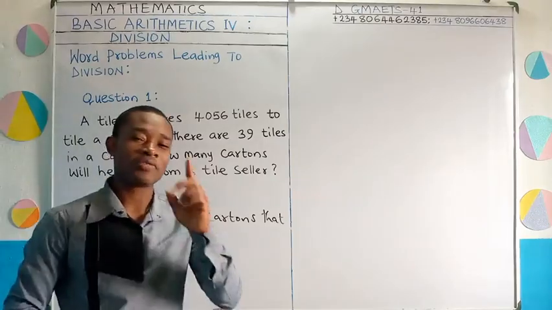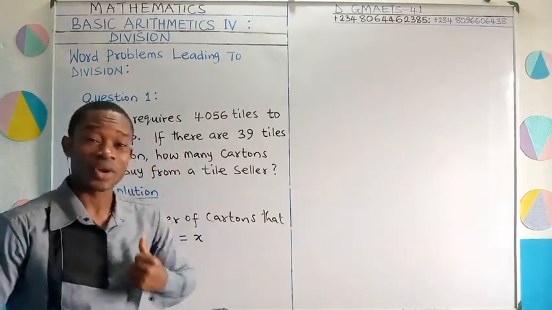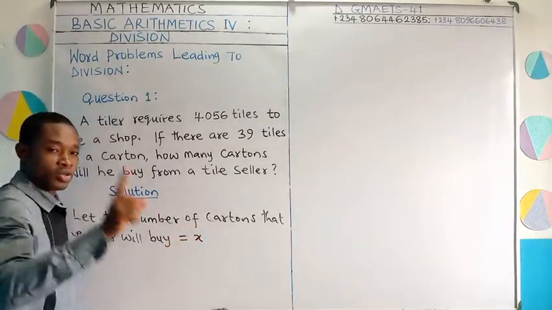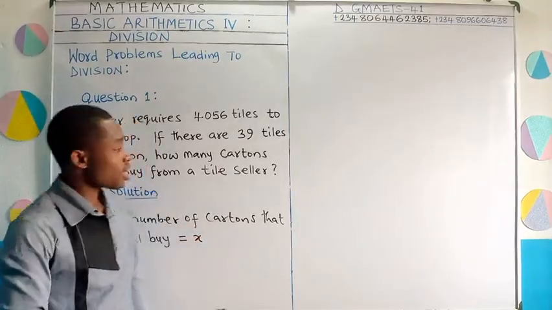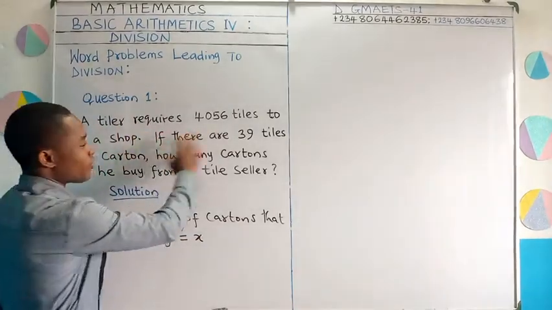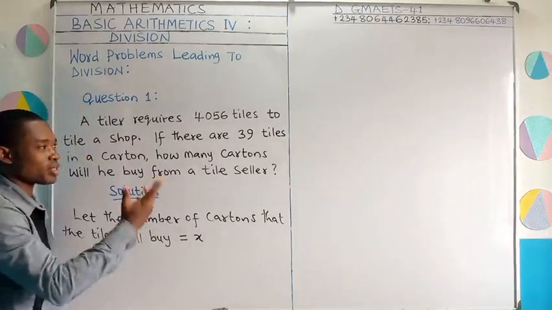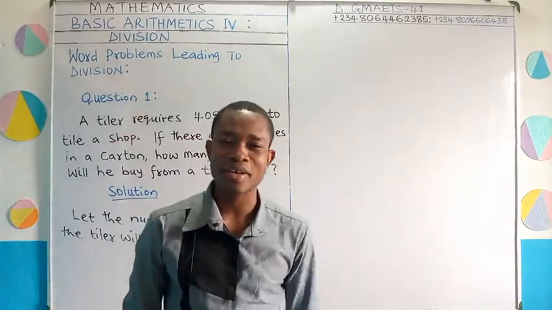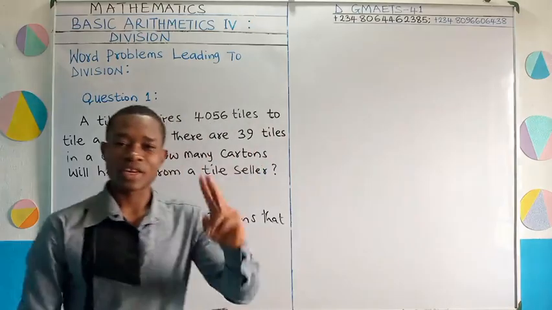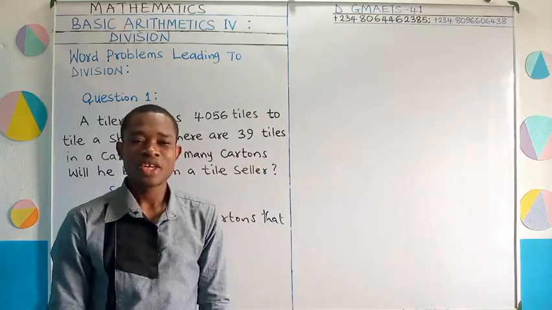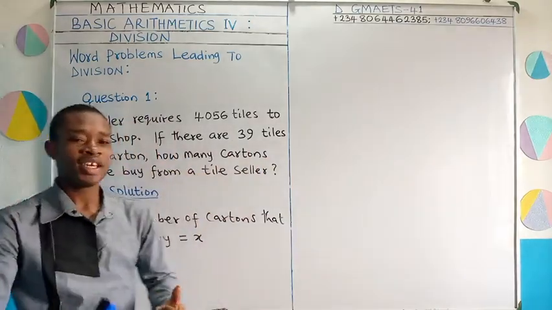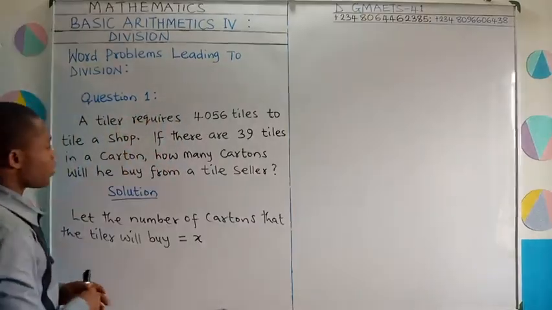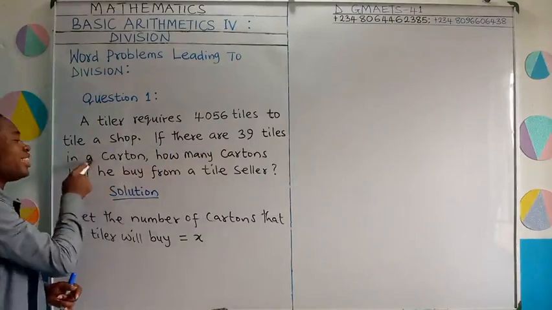Alright, so from here, one of the things of interest that the question requires is for us to know the number of cartons. So we've gotten one information, number of cartons. And from this question, you see that they gave us values on number of ties. We have 4,056 ties, we have 39 ties. So definitely the question is also interested in ties. Now I've gotten the second information, number of ties. So I think generally this question is interested in number of cartons and number of what? Ties. Now let us go back to the question. If there are 39 ties in a carton,